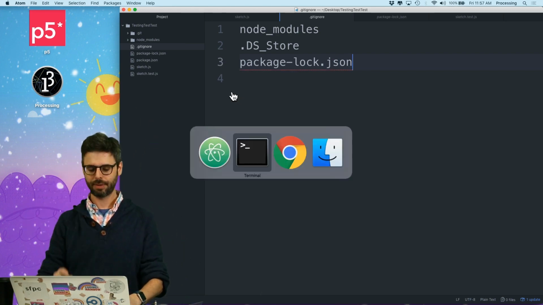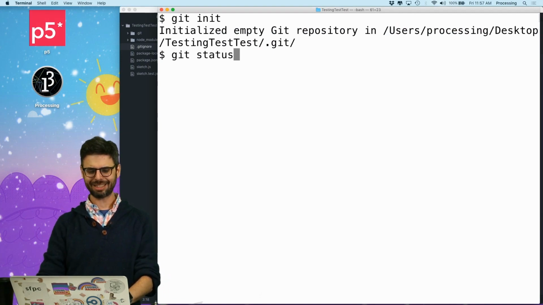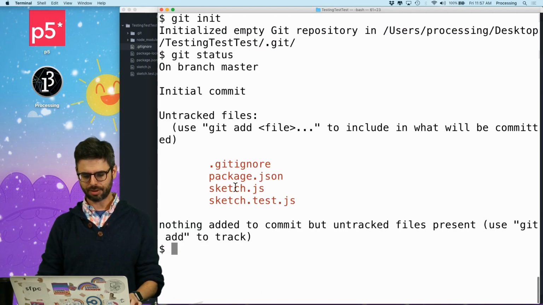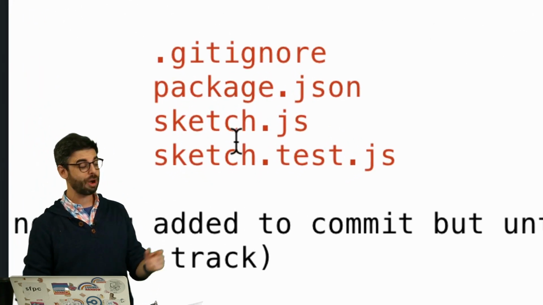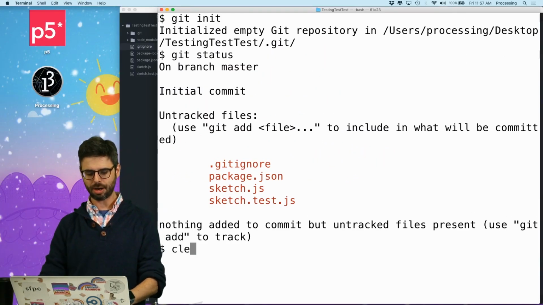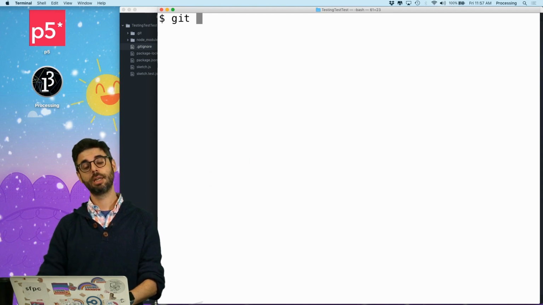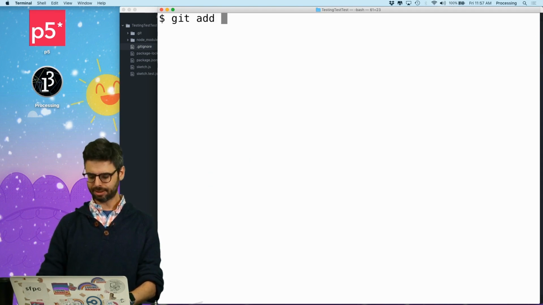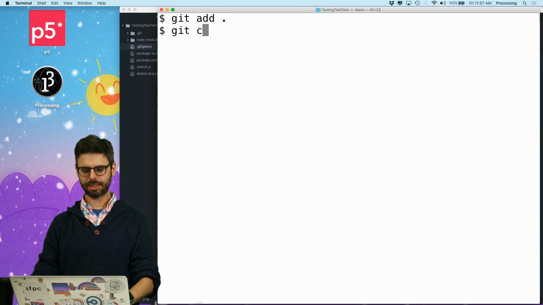And now I can say git status to sort of see what's going on. And we can see, aha, these are the untracked files. These are the files that are going to be part of my repository. So I am now going to say git add dot, because I want to add everything. Then I'm going to say git commit